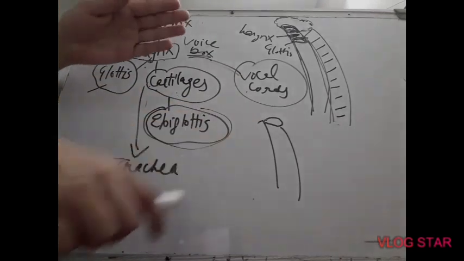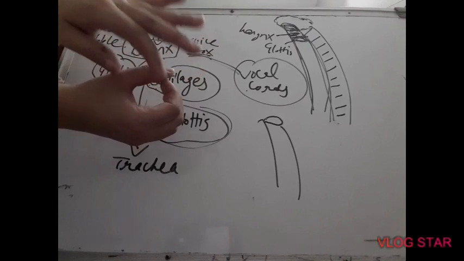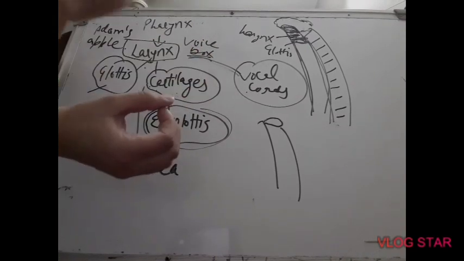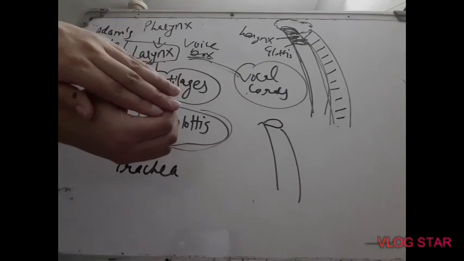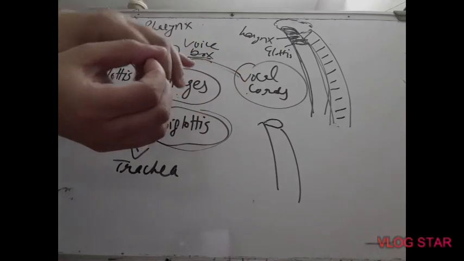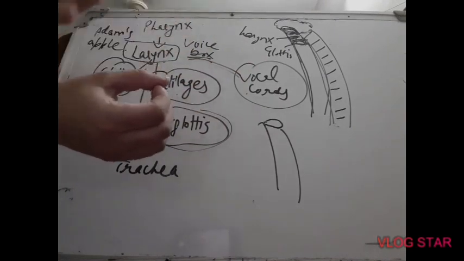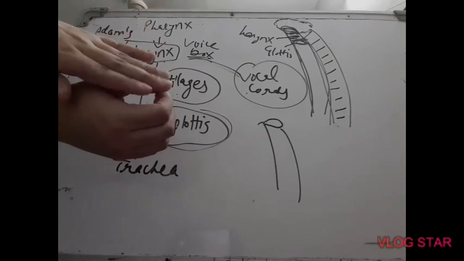It closes the windpipe. Suppose this is my hand, and I am making it a pipe which goes vertically down, and this pipe is covered by a flap-like structure. This is known as the epiglottis. This is the glottis, and the lower area is our entire larynx or windpipe, and the glottis is covered by a flap-like structure. This flap-like structure is the epiglottis.